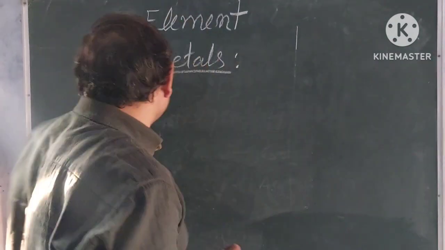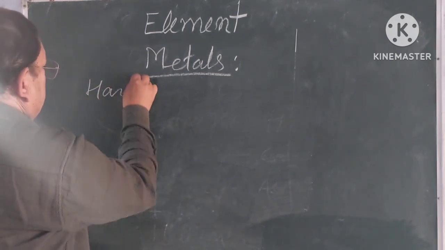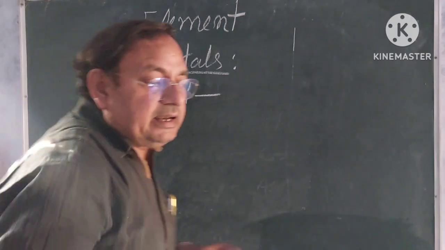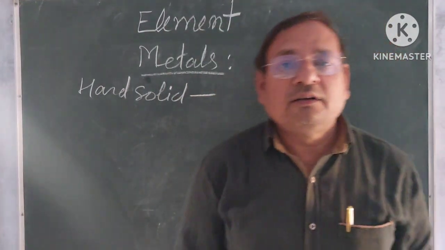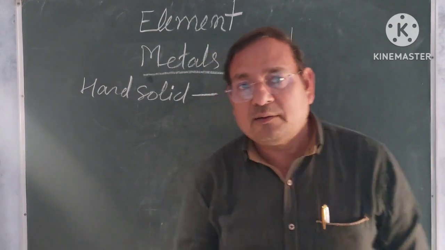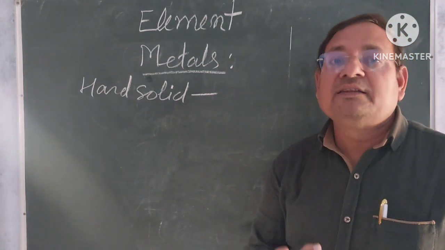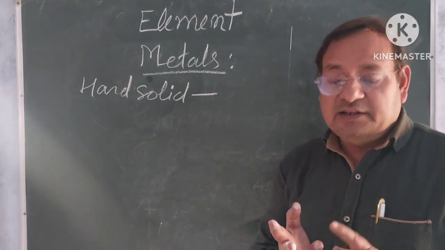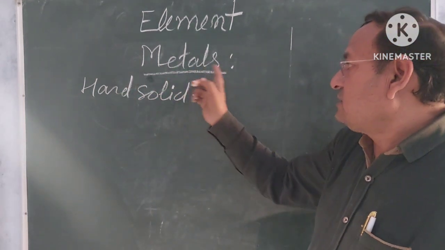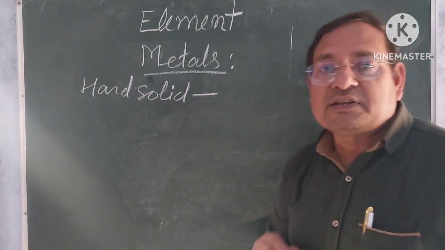Here, first I told hard solids. Generally metals are hard solids. Understand? You know very well. Matter or substance is found in three states: solid, liquid and gas. And all metals generally are found as hard solids. Exceptionally,